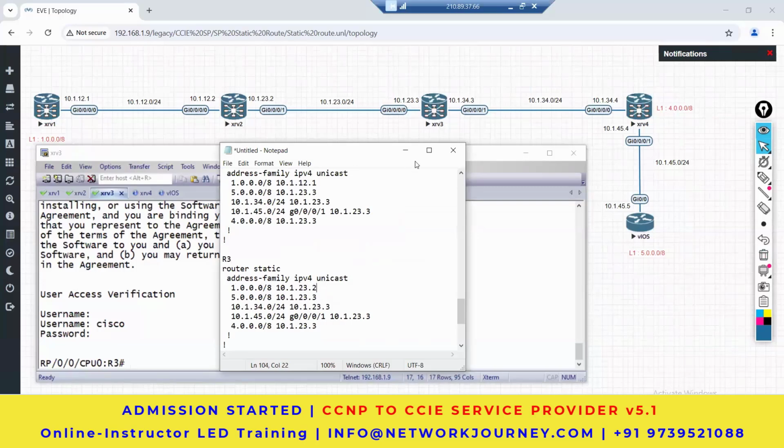For router 3, I don't have this loopback. For this one, the next hop will be 23.2. Then I don't have a 12.0 as well. For this one, it will be 23.2. I don't have a 5.0, so